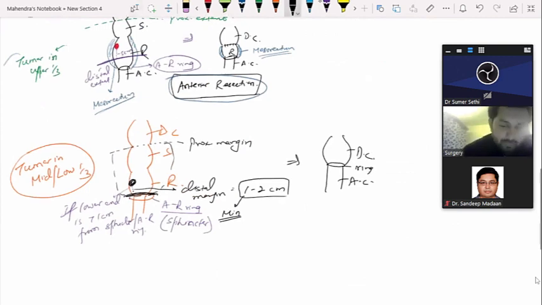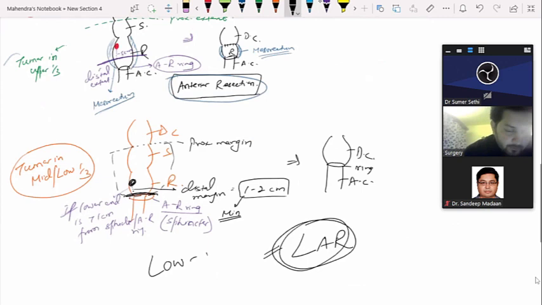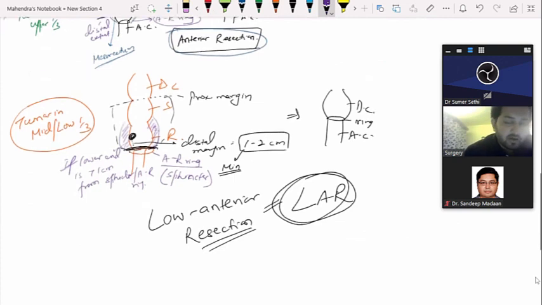Okay, so this surgery is known as LAR. LAR is low anterior resection. One very important thing you will see is that when we do a low anterior resection, to prevent the chances of recurrence in the future, we have to remove the whole mesorectum. Posteriorly you go just anterior to the prevertebral fascia. Anteriorly you go up to the Denonvilliers' fascia. So LAR surgery is a type of